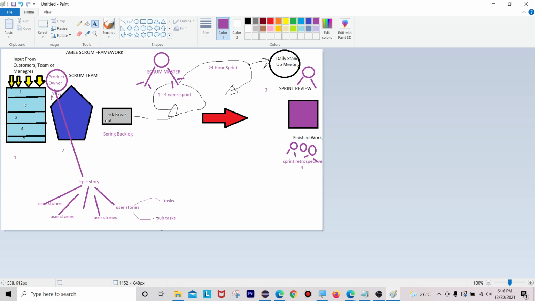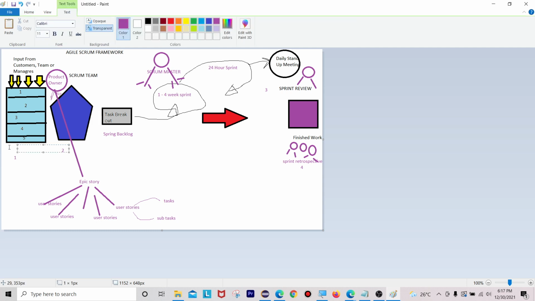The product owner is the only person who is going to directly connect with the customer or client, and he is the only person who has all the rights to decide the stories. Product owner is the only guy to decide the stories. So after that, we can have here the product backlog. This is called product backlog.